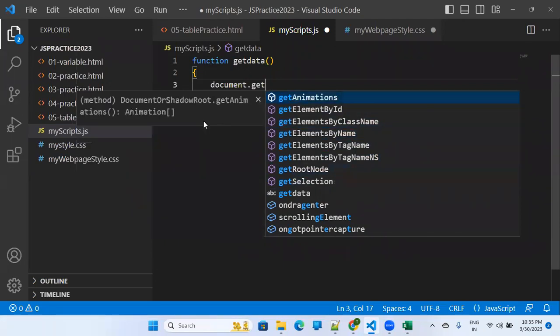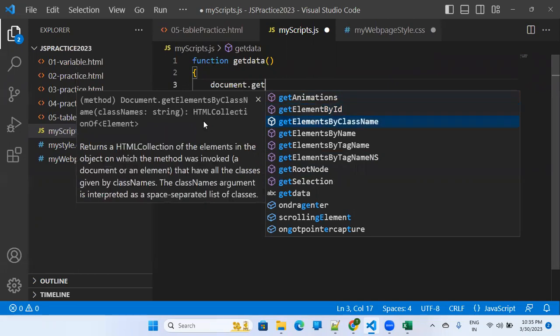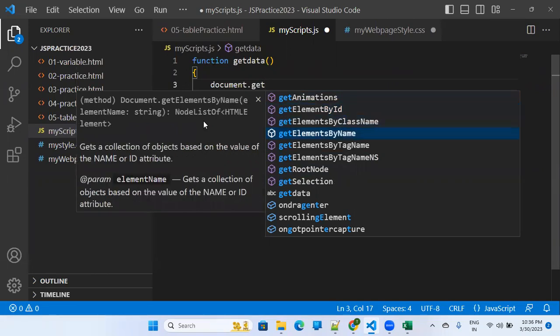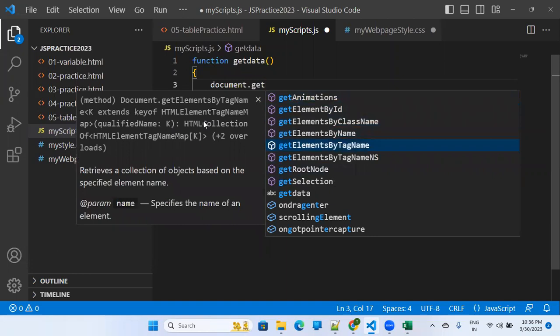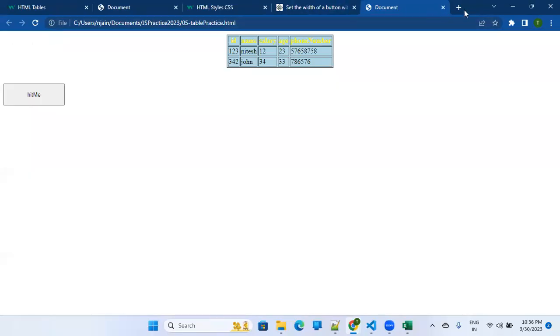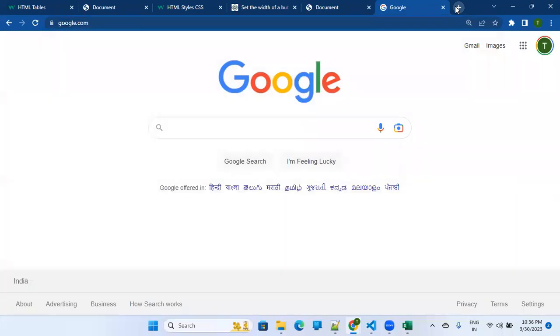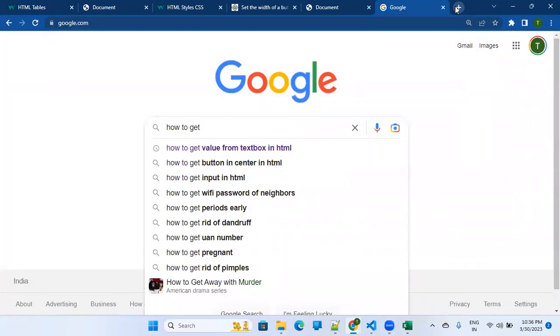We are writing normal JavaScript client-side code. So it's getting difficult, but it's fine. Get element by ID, get elements by name, by tag name. Okay, but we can try. So let's Google it first. Because I don't want to write erroneous code, right? So how to get